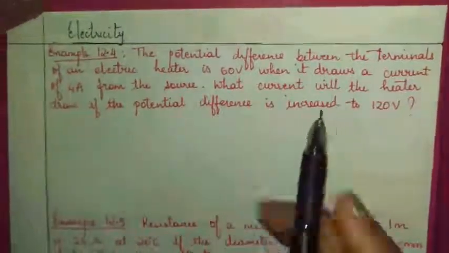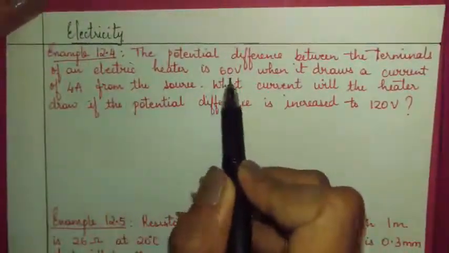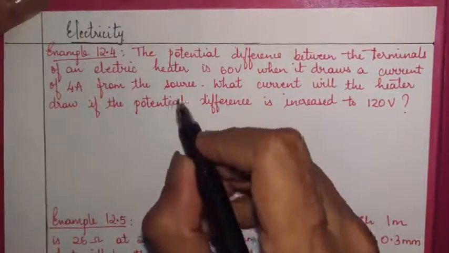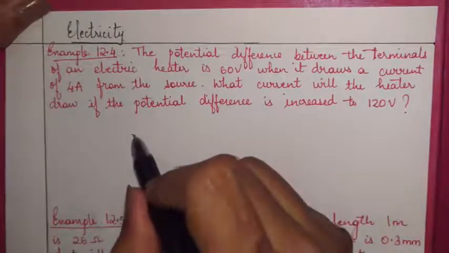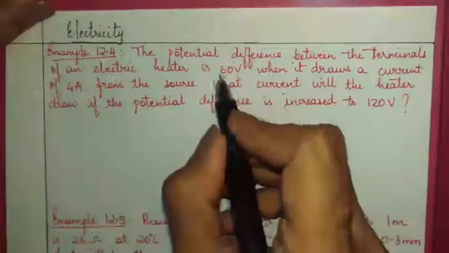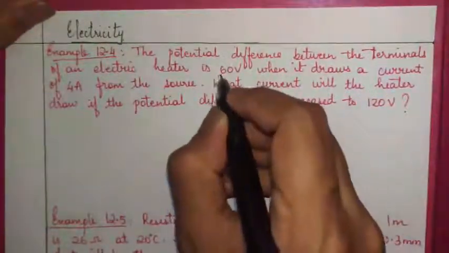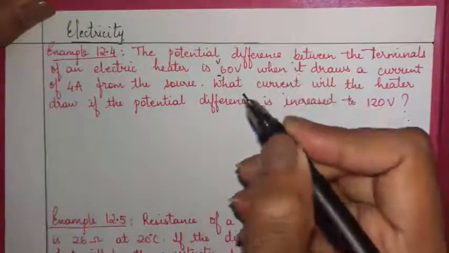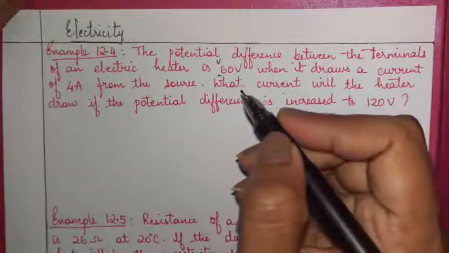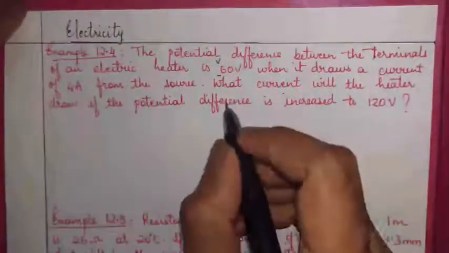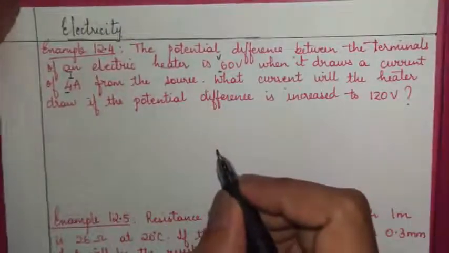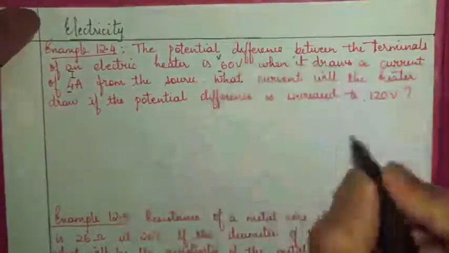The potential difference between the terminals of an electric heater is 60 volts when it draws a current of 4 amperes from the source. What current will the heater draw if the potential difference is increased to 120 volts? So first of all, what is given to us is voltage. For the electric heater, the potential difference between the terminals is 60 volts. Then we are given the current I. And what will be the current if the potential difference is changed to